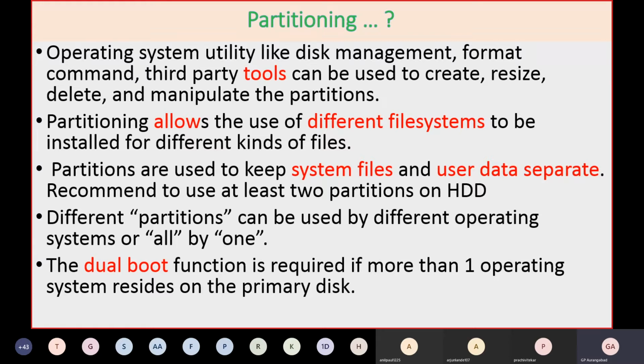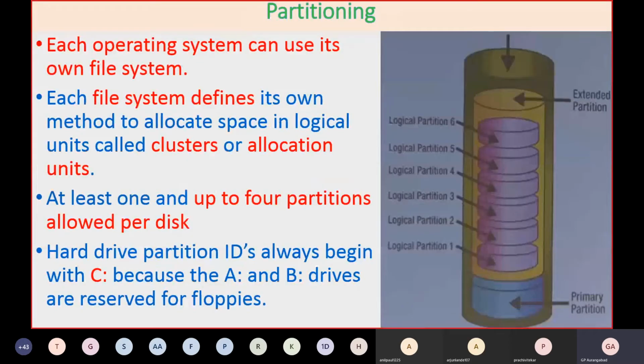Whenever you say booting of a system, that means starting your computer. And the booting process, as I said, just after studying BIOS, I will immediately start with. So this is partitioning. As the picture itself suggests, you can have primary partitions. There can be four primary partitions, like what is shown in blue color. Similarly, you can have one extended partition, and in that extended partition you can create multiple logical partitions.